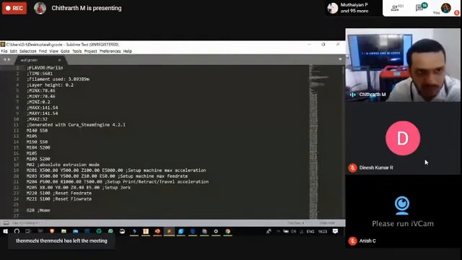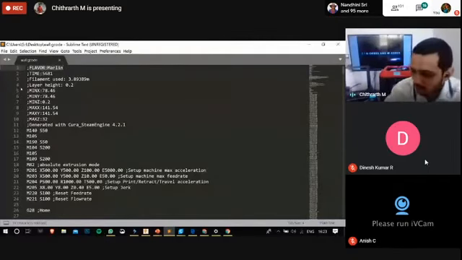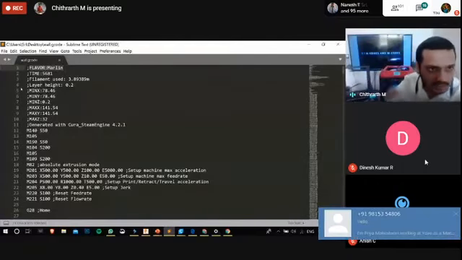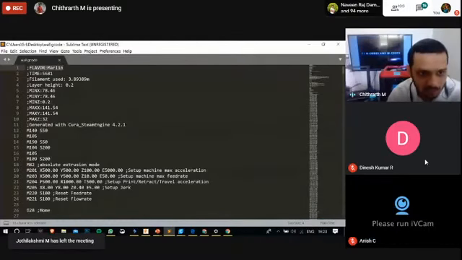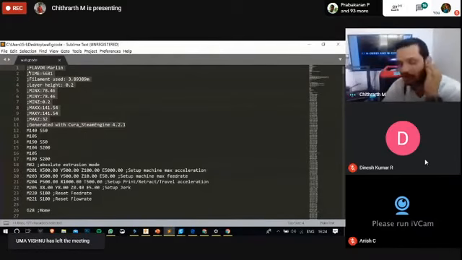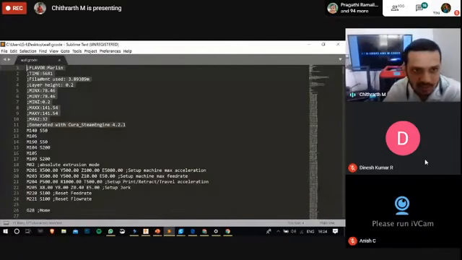So let me begin with the first line. Normally, whatever text is present after a semicolon is treated as a comment, which means the compiler in your 3D printer will ignore the text after a semicolon. So the lines 1 through 11 are only given for the human viewer to understand.